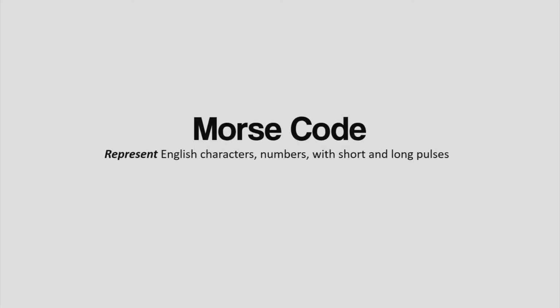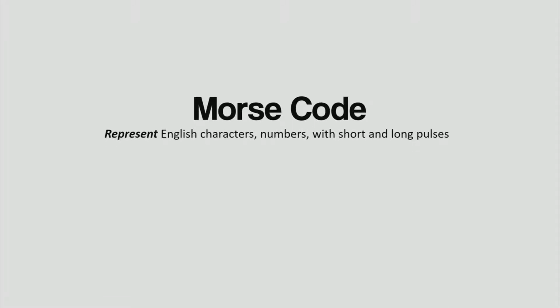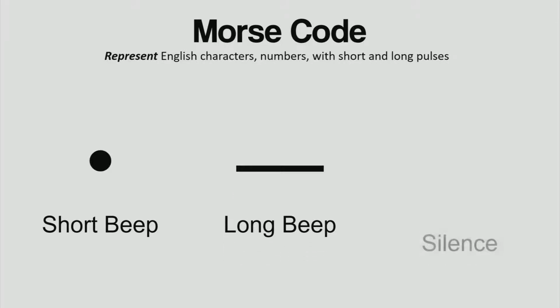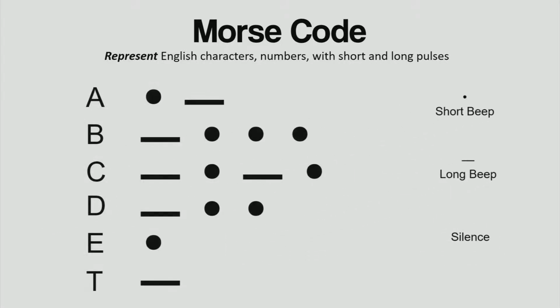It's a way to represent English letters and numbers. If you want to send a message to someone else, there's a short beep, and then there's a long beep, and then there's a silence. Using the three, you can send messages. For example, to send a message EA, you just